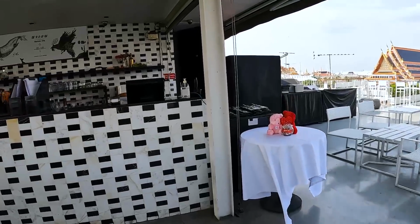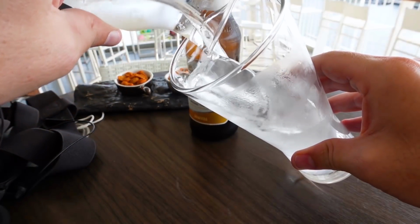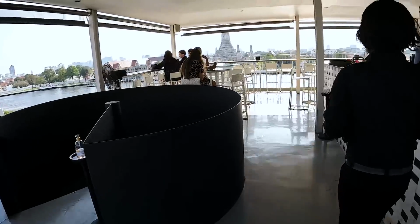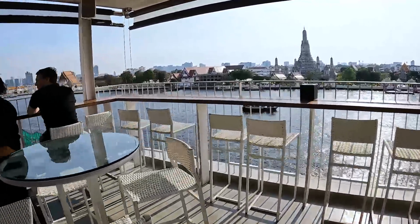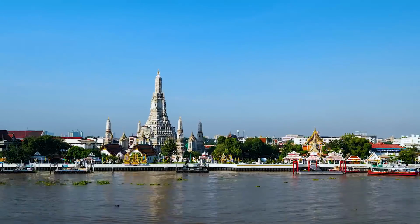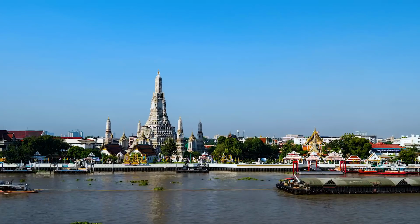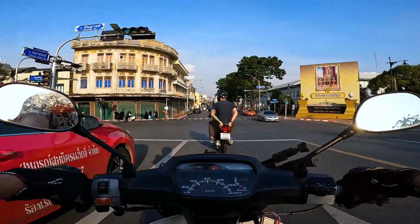And yeah, I went upstairs, beautiful restaurant, beautiful rooftop, and I fancied a shandy, guys. I'd been baked in the sun for a couple of hours. I needed a little bit of shade, a little bit of refuge, and just fancied a shandy and complimentary peanuts, and just looked over the beautiful river, the incredible views of the city, and obviously the beautiful Wat Arun. It stands at 66 meters tall. It costs 100 baht to get in, and I did see boats going over there with tourists, so it is possible to get there from Wat Pho. But I just fancied a little bit of a break from the sun, plus the view was so beautiful. I just stayed here for about an hour and a half, rested up, and then I got back on